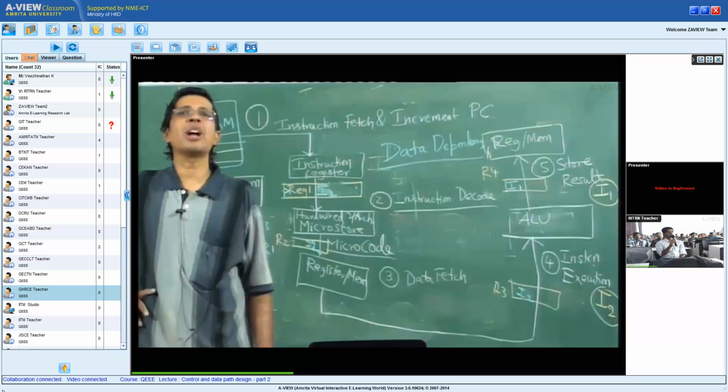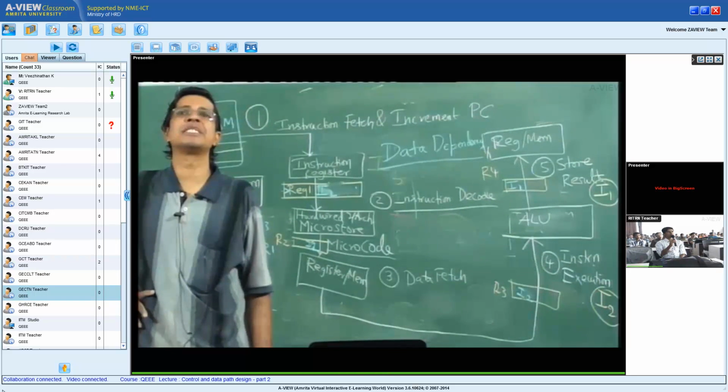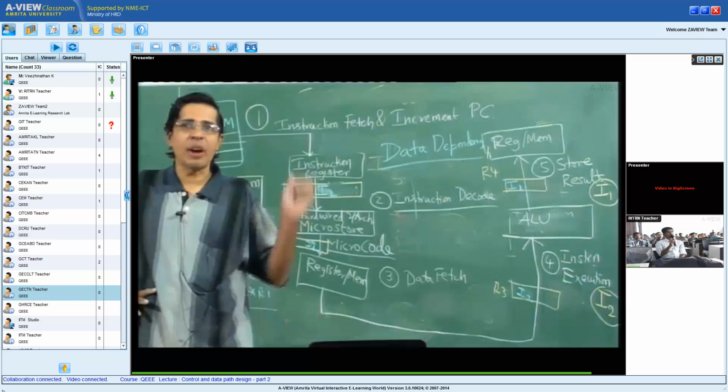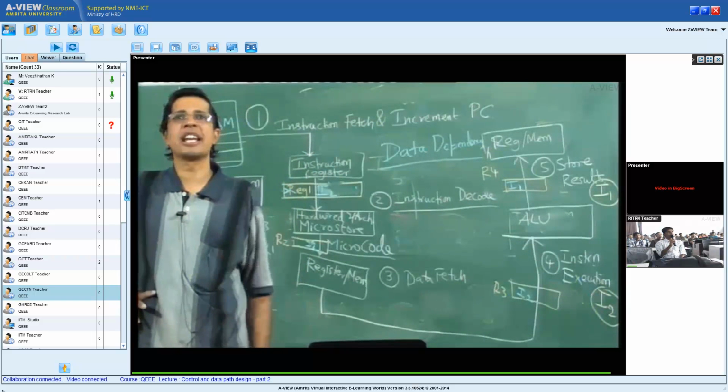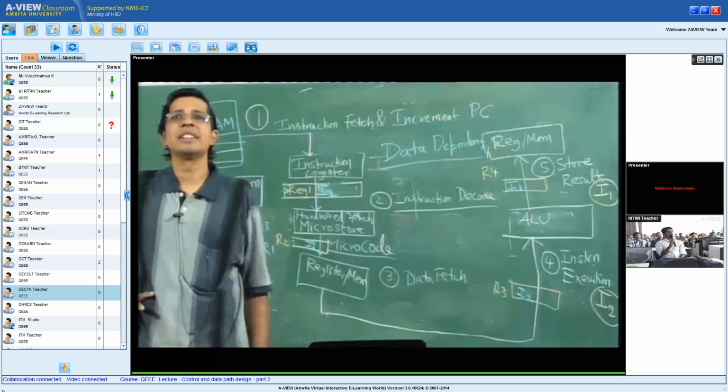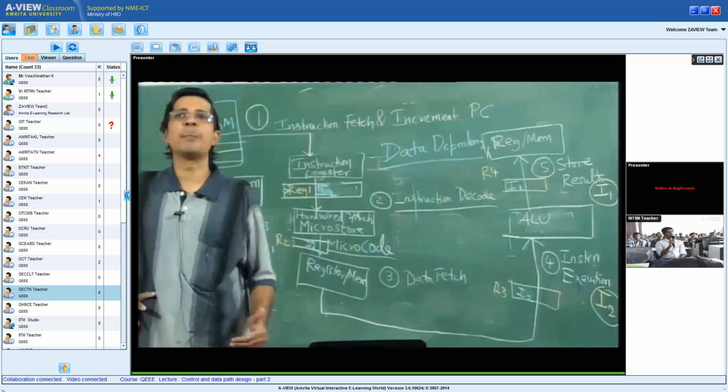The instruction cannot go without execution, but there can be something wrong in the execution of the instruction, right? And when something goes wrong in the execution of the instruction, how are we going to handle it? The hardware has to handle it. One of those errors that I have already mentioned to you in this class is the data dependency. Now what I want you to do as homework is to go and look into Google, Wikipedia. You are using Google for a lot of other things. Please use it for academics also.